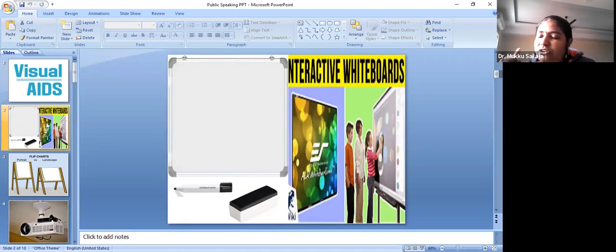So in our classrooms, we are observing just a smart TV. Whenever we are connecting it, from one screen to the enlarged screen, you people are able to